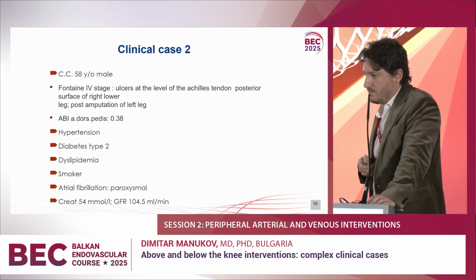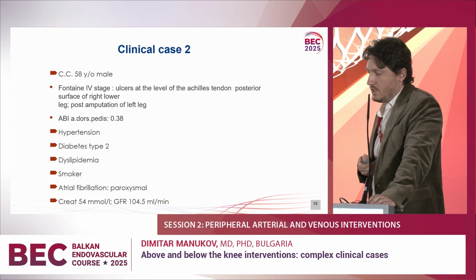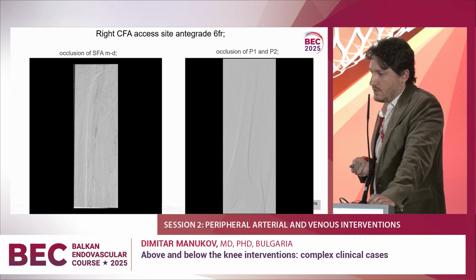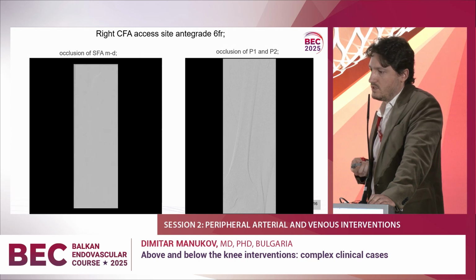The next patient, 51-year-old male, post-amputation of left leg at the level of the thigh, now with ulcers at the level of the Achilles tendon of the right leg, with muscle contracture because he used to keep his leg in external rotation. This was the main problem in the beginning because he couldn't get his leg straight until the mild sedation kicked in. This is why the images are a little bit blurry, but you can appreciate the diffusely diseased